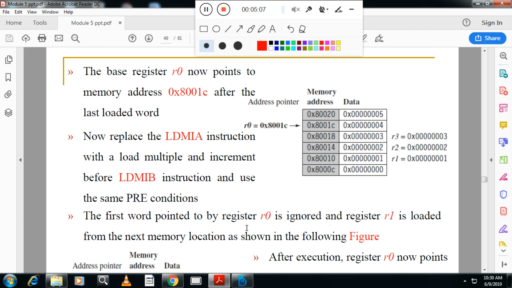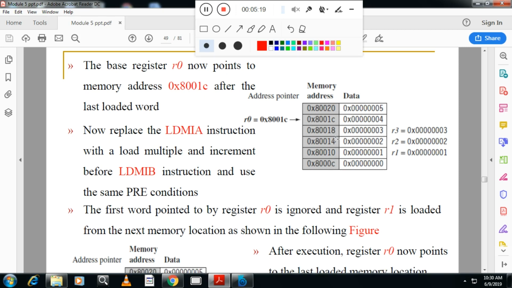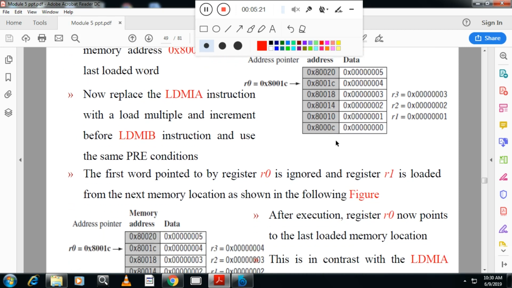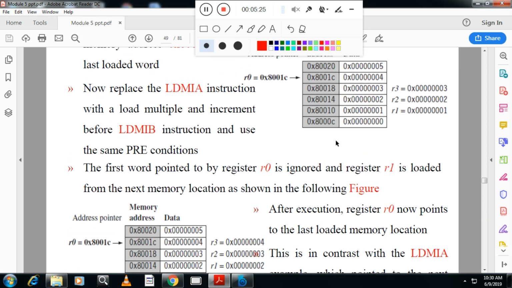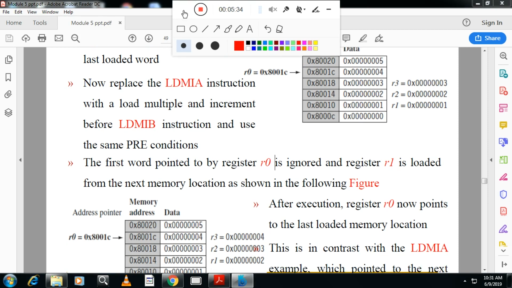The second instruction is load multiple, increment before. Now you see, with the same content we take increment before. So in increment before, first it will increase the base register by 4.